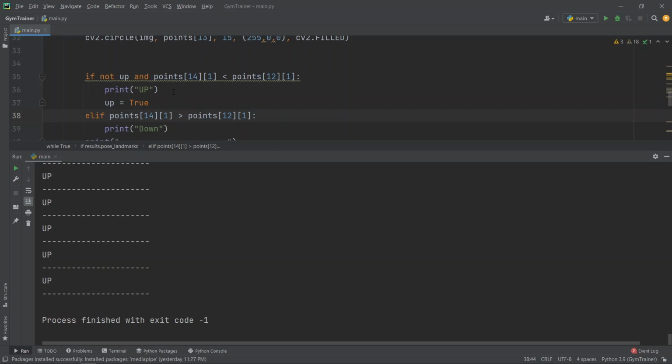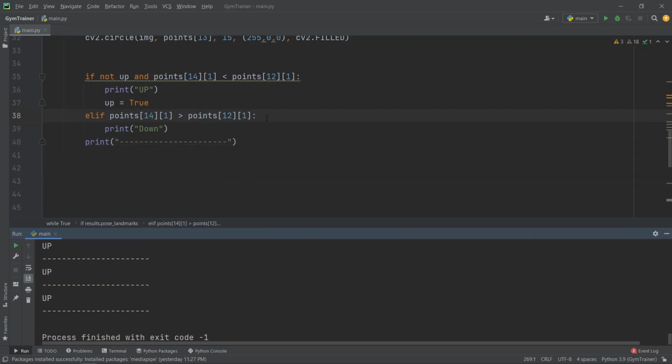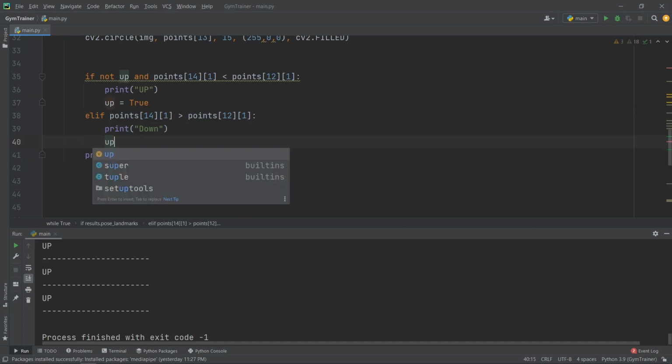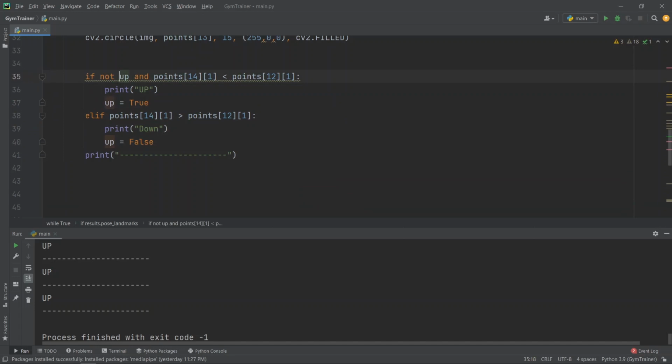So here we are checking, let me just squeeze this out, and let me go for up equals false. Now this statement will check that if the arms are not already in the up state, and the particular point is above the shoulder, then we have to mark the up to true because we are already in the up.